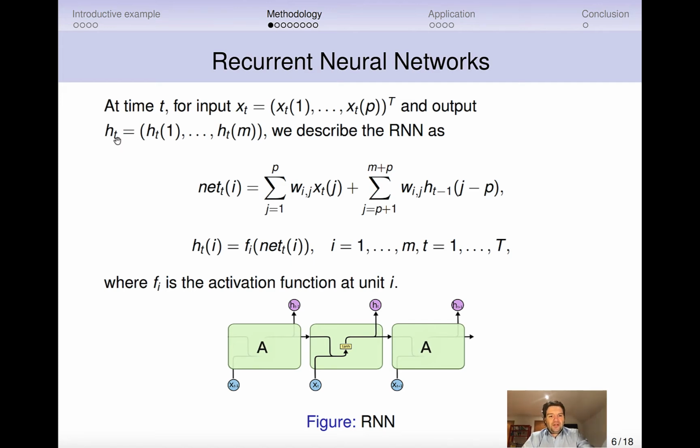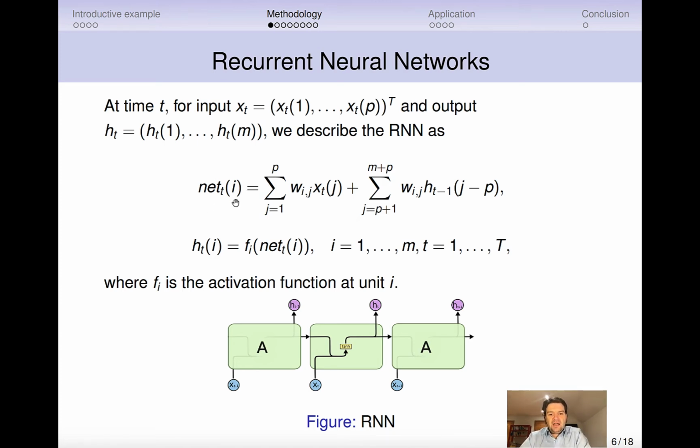This should estimate a target, and this is the output of the network. Sometimes there is still a small operation on this ht to get the real output, but basically this is what I want to say here: the input and the output of the neural network, which should be close to the target. And a recurrent neural network is very close to a classical multi-layer perceptron, for example. That means that we define nets. Net is the shape of a cell, a unit, a neuron, and here you have a lot of synapses and inputs for those synapses. That is simply a net,